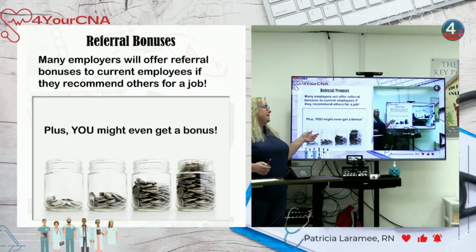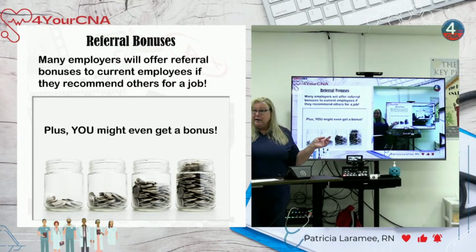Okay. So this could work out in your favor. Not only do you get a job, but you might get a bonus for being referred. Now, the other reason that this is a good idea,